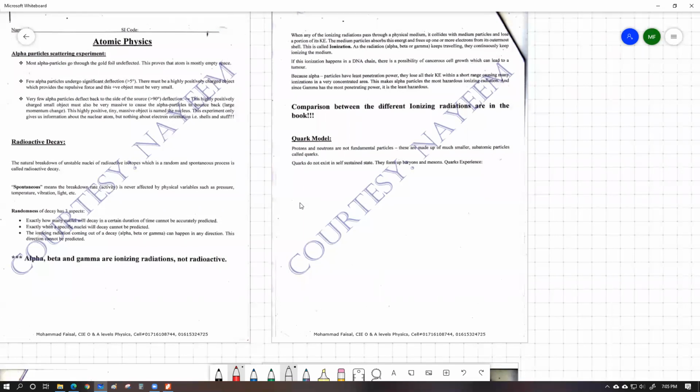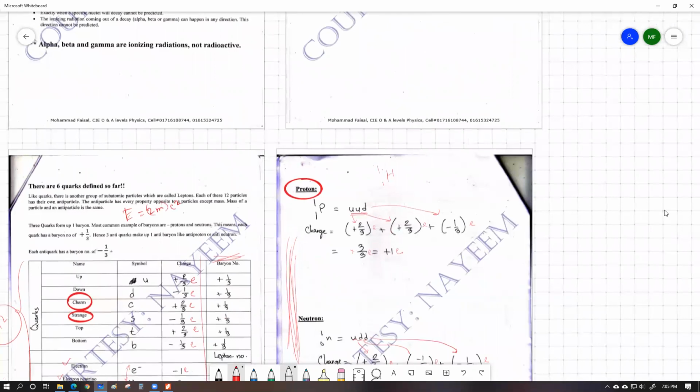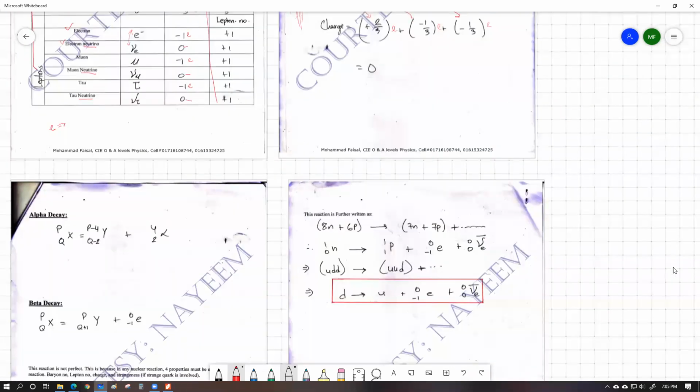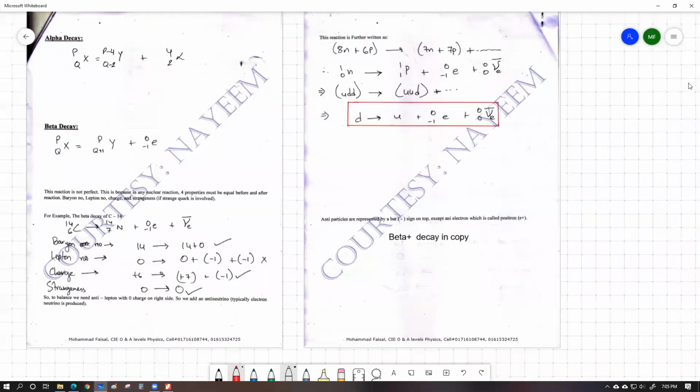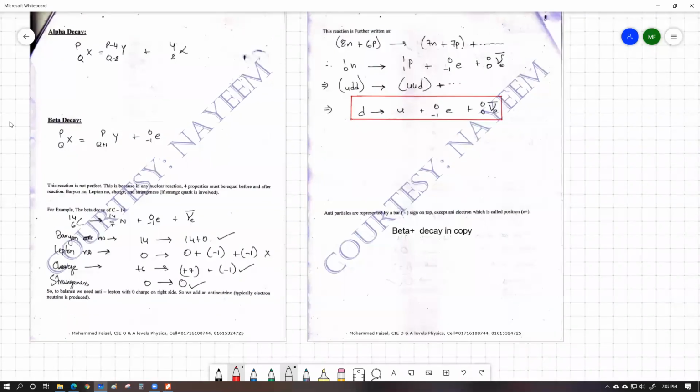I'm back. লিখতে পারছো? Yes, sir. আচ্ছা, এখন আমরা কিছু নিউক্লিয়ার রিঅ্যাকশন দেখবো এবং আমরা একদম কোয়ার্ক লেভেল পর্যন্ত দেখবো।